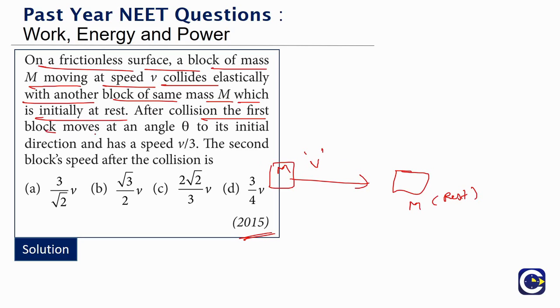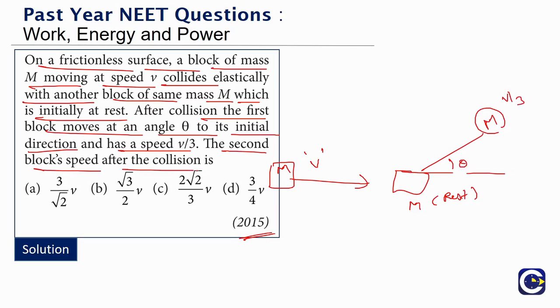After the collision, the first block moves at an angle of theta to its initial direction and has a speed of v by 3. Means the first block is moving in a direction making an angle theta. What is the speed? V by 3. The second block's speed after the collision is. I'll tell you why I said this is an interesting question. See, here they are clearly mentioning what? This is an